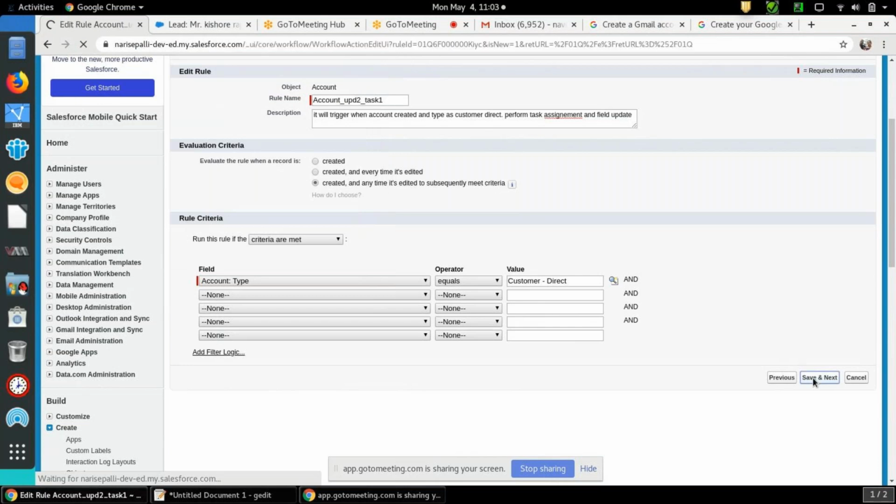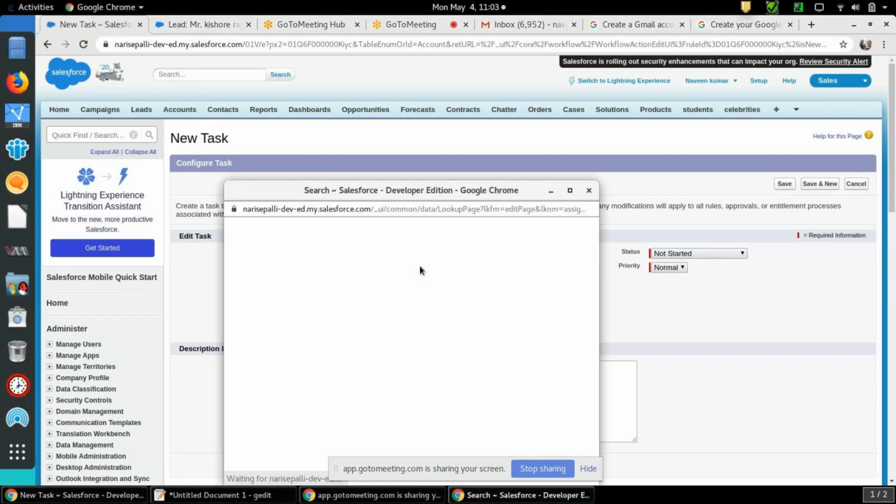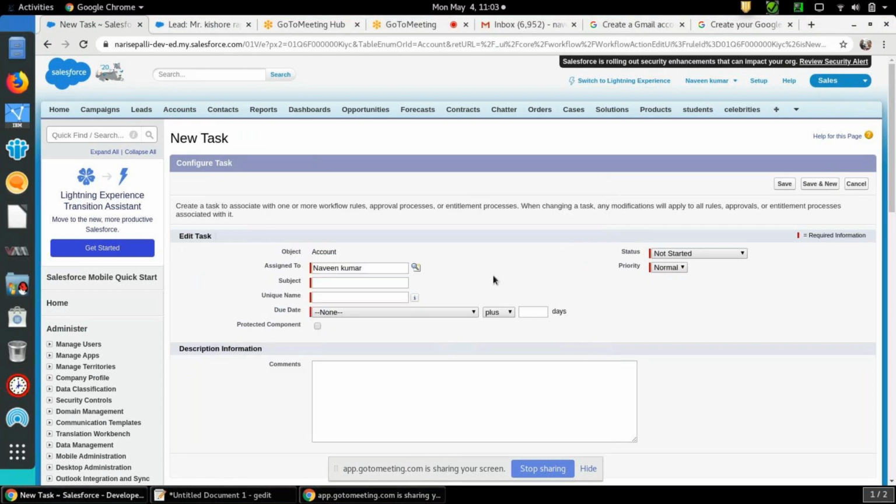Now we need to add actions, right? So two actions we need to add. Assign a task and field update. So I'm assigning a task here. So to whom am I assigning? I am assigning myself, so I can show you where this task details we can see, and what time it needs to be done.